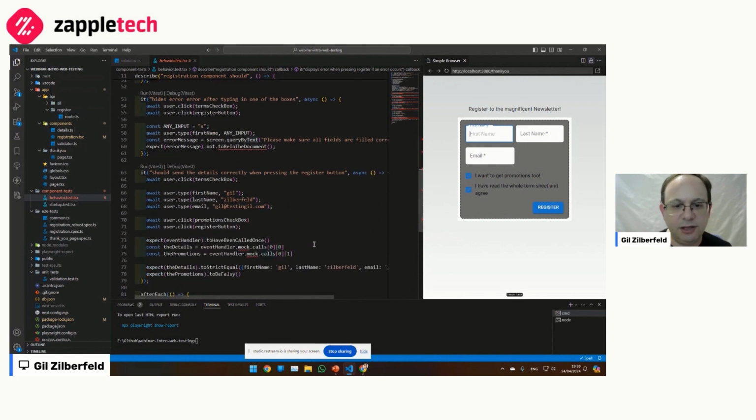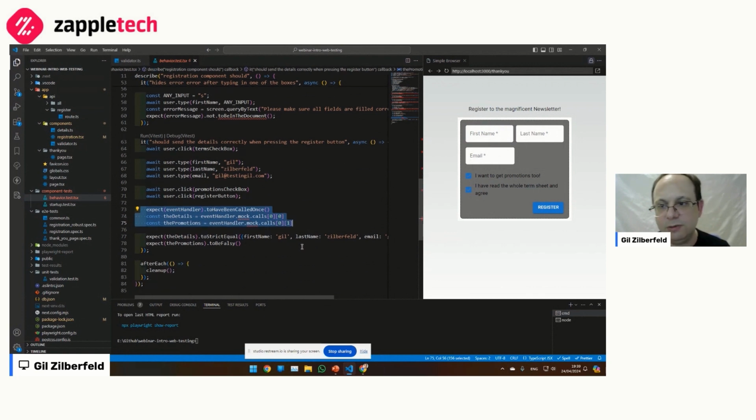And the final thing is that, remember that I said that if everything works, register sends an event to the container that everything is OK. So I need to set these things up and check that the container got the message OK, because the page doesn't play here. It's not part of our world. So this is what you'll see, event handlers and mocks and stuff like that to check that everything was OK. And this, by the way, will not be possible from the web level, because the events will look completely different.